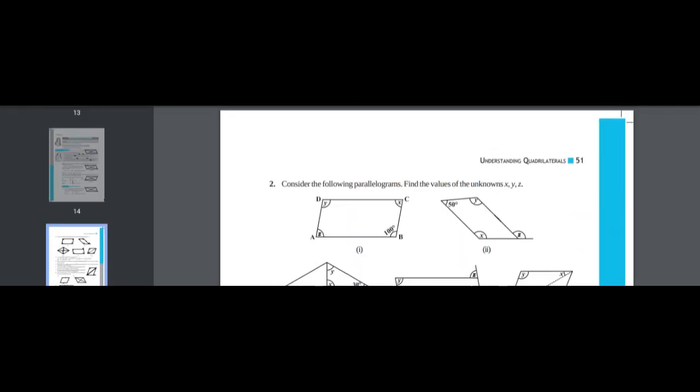We have to do Exercise 3.3, question number 5, because we have done question number 4 in the previous class, and today we have to start from question number 5. So question number 5 says the measure of two adjacent angles, meaning two angles that lie on the same side,